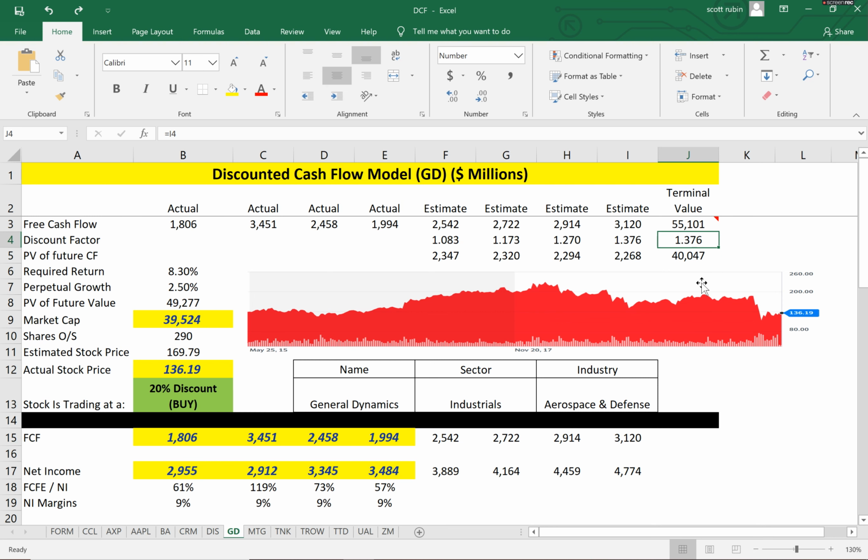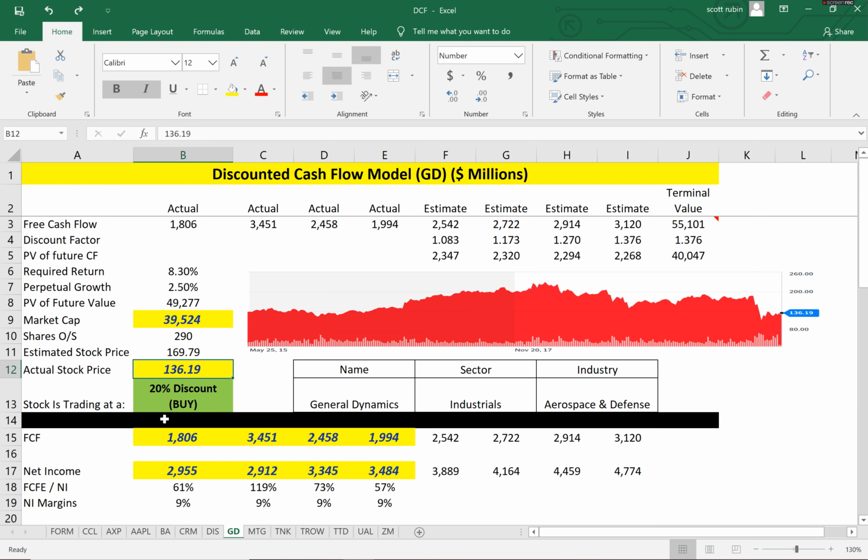We have to discount it at the same discount rate as we did in year 4, which is 1 plus the required rate of return, 8.3%, raised to the fourth power. And it's the fourth power because this is the fourth year. And this is raised to the third power, second power, first power. So if you sum up these values, that's our estimation of what we think the company's worth in today's dollars, $49 billion. And we divide that by the shares outstanding, and we estimate the stock price is $170, and it's